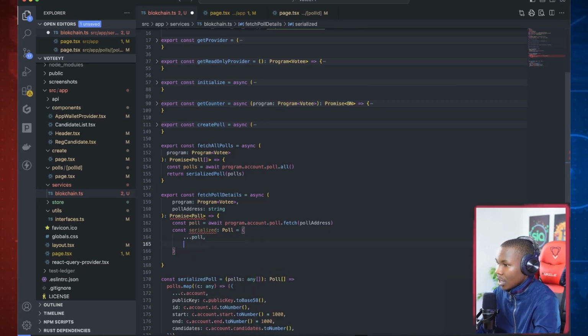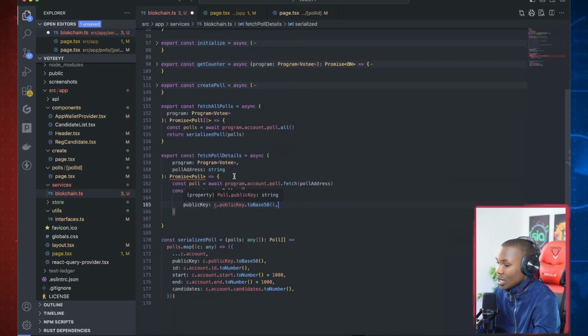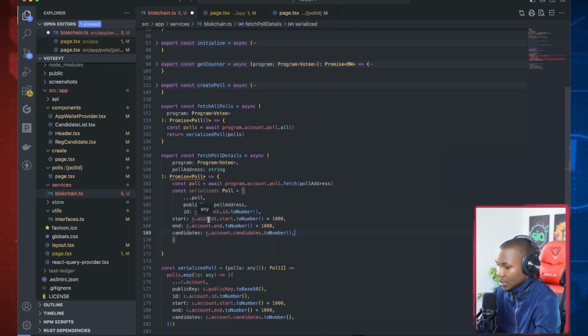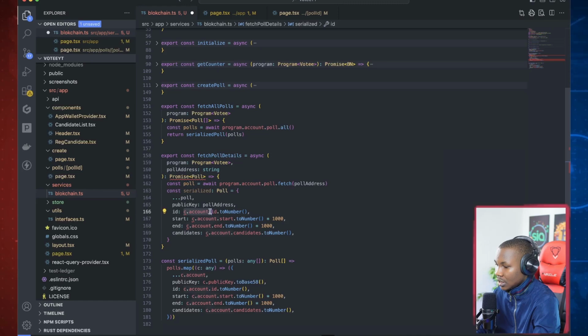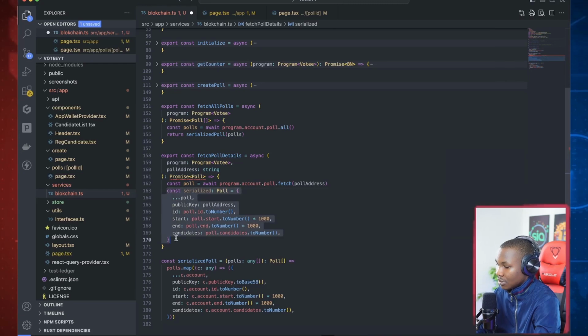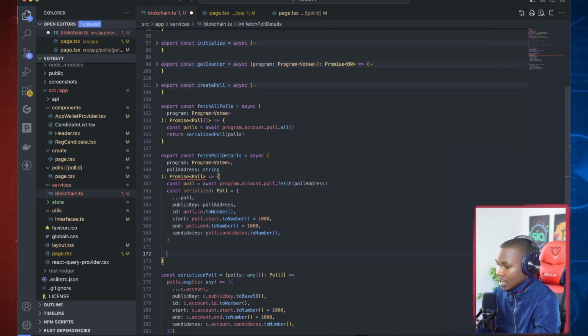Okay, and I want a public key, but this time this public key is going to be different. Basically this is the only difference between these two. Okay, otherwise everything should have stayed the same. So what we want to pass here is this address. Okay, so we're going to pass this address here. That's the public key, and the rest will remain just about the same. So I'm going to copy this and paste. Okay, and make sure that this c.account is now poll. All right, so with that we have a serialized poll,